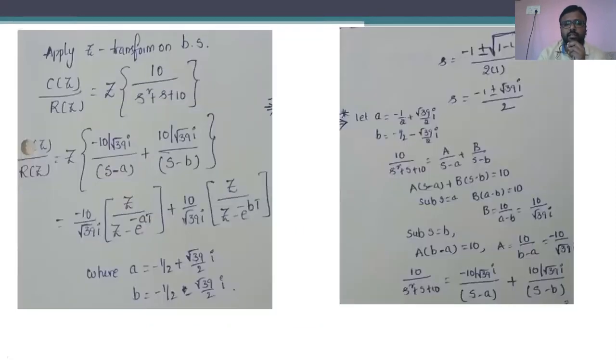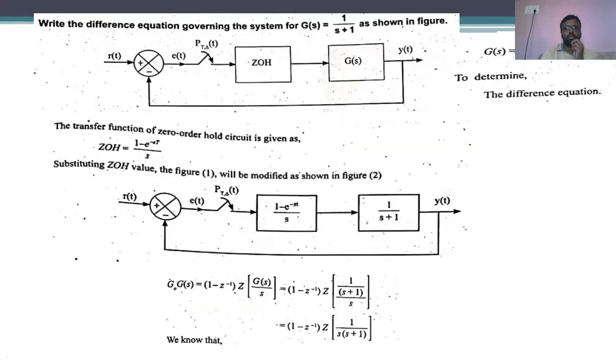After those calculations, we have extracted the expression for the pulse transfer function of the closed loop system, and this is the expression representing it. Later on we moved into another kind of problem. It is also a closed loop system in which the discrete data system is in the cascaded position to the zero order hold circuit.